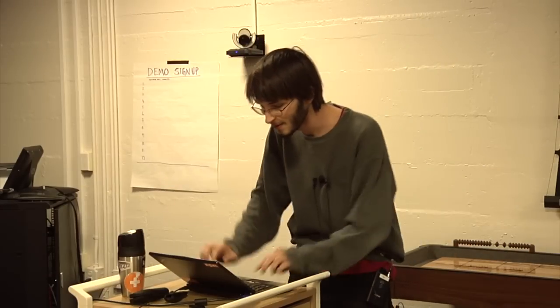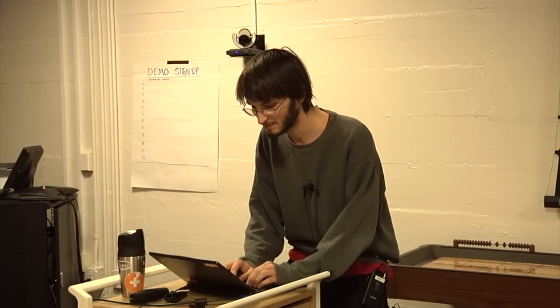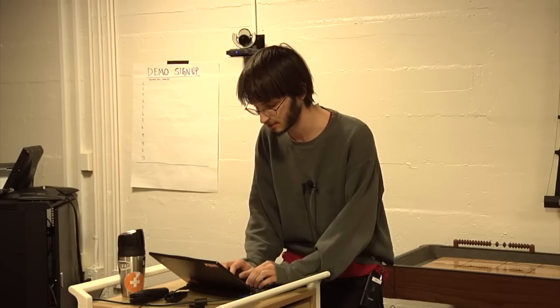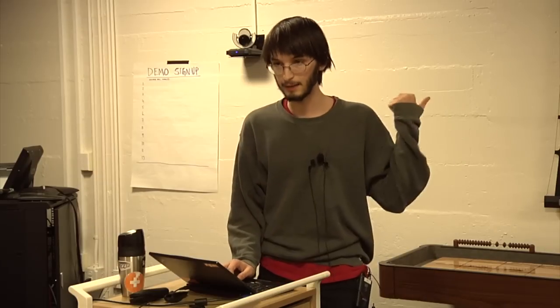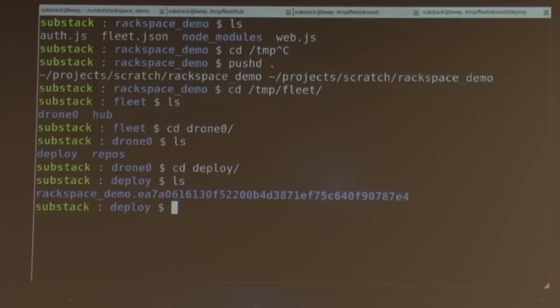So basically, right now, we have, crap. If I just quickly pushd and go to the fleet directory and go to drone0 to check out what's going on, it made a new directory in the deploy directory. That's just the project name dot the commit hash. Every time you do a fleet deploy, it puts it in a separate, clean, new directory, which is super great if you want to run a lot of variants of the same